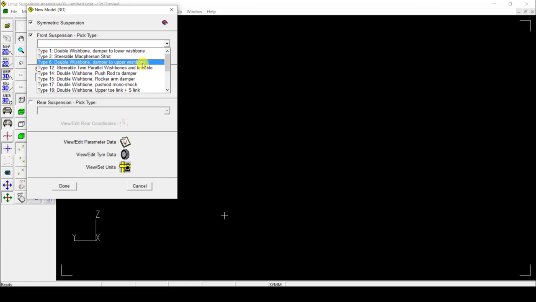In case of front wheel drive, you'll find all these dampers installed on the upper wishbone. So wherever you drive, you will have to choose your suspension. Steerable McPherson strut is for all the hatchback category cars or the commercial cars which we have in market,